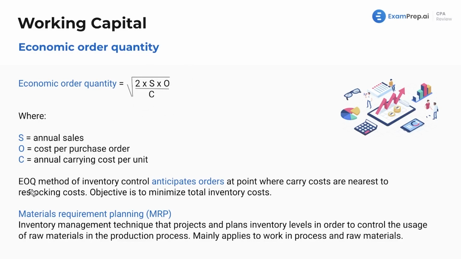The economic order quantity method of inventory control anticipates orders at the point where carrying costs are nearest to restocking costs. The goal here is to minimize total inventory costs. So, yes, if you are a super inventory heavy company, you have to pay to store that inventory, right? And also, you don't want to have to buy new inventory until the last minute when you have to. Kind of think like a just-in-time inventory process because you want to keep as much cash on hand. You don't want to have to give up your cash and you don't want to have to pay as much